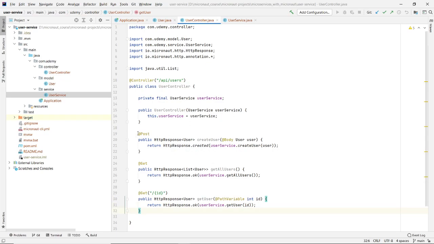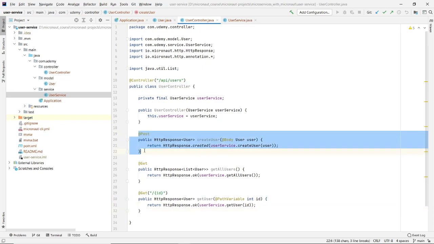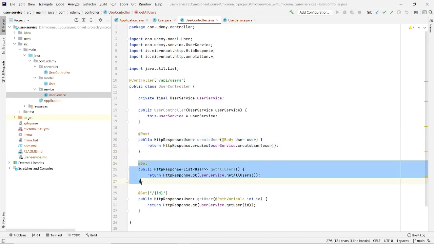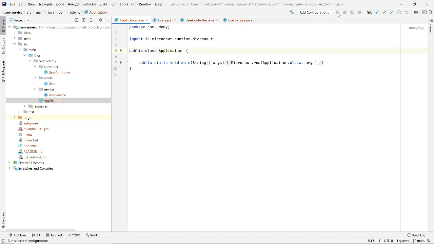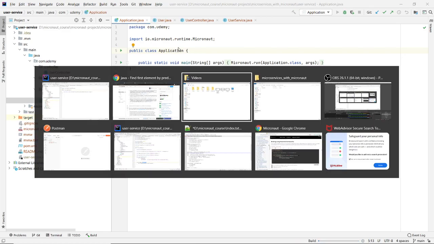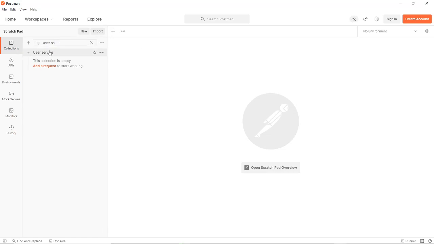So currently the first API is to create a new user, the second one to fetch all the users, and the third to fetch a specific user based on its ID. So let us start our server, and to test the APIs, we will use Postman.